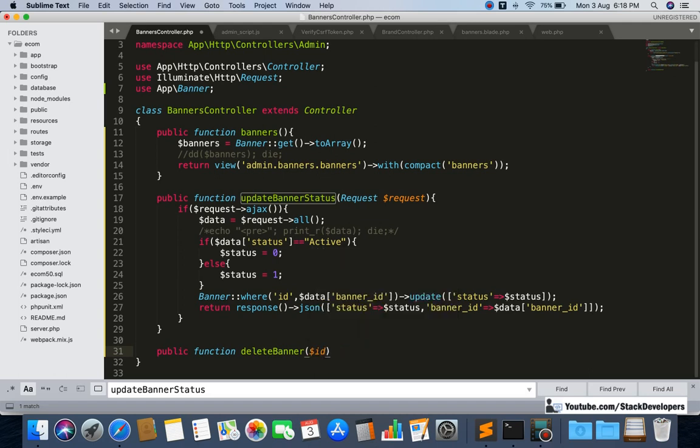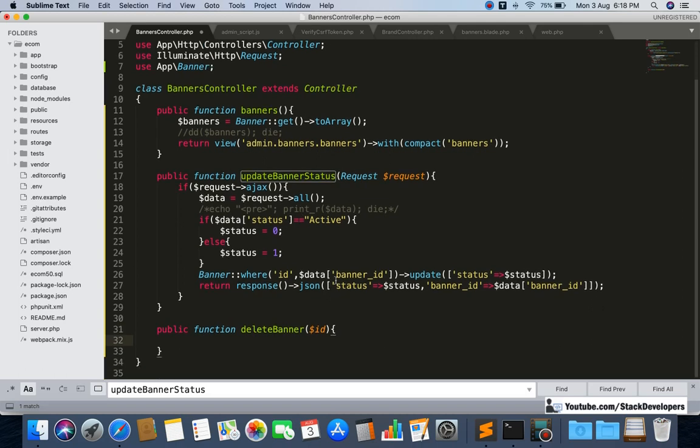We are passing the id of the banner, so that we delete that particular banner. Okay, so here first of all we will pick the get banner image, so that we can delete the banner image as well from the folder.